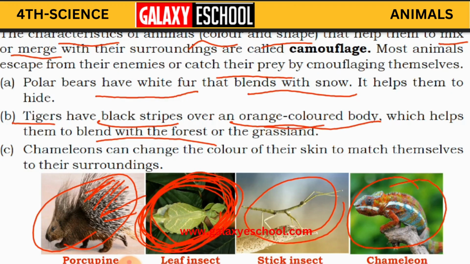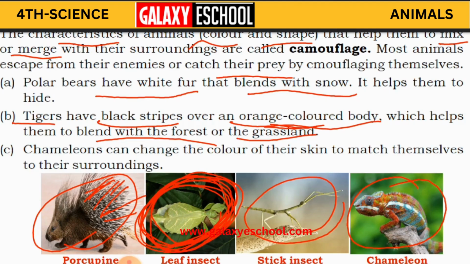All the trees are not green. In the sense, the leaves are not green. Some are green, some are yellow, some are light orange and all that. So because of these colors, black stripes and orange color, what happens? It mixes itself up with the forest land, with the grassland. In the sense, we cannot notice a tiger if we see it immediately. We can just see it as a tree only.